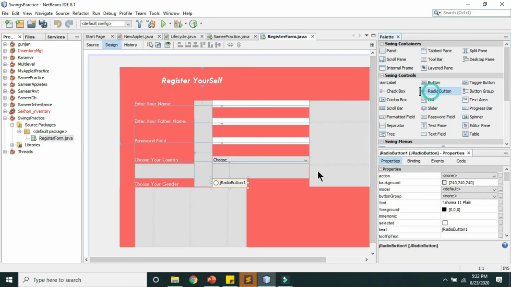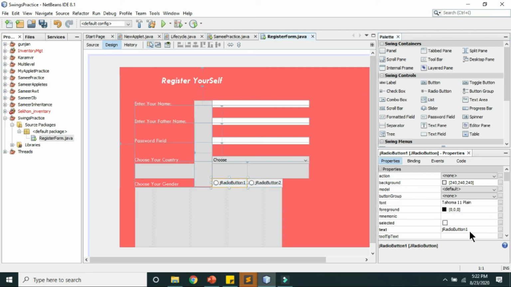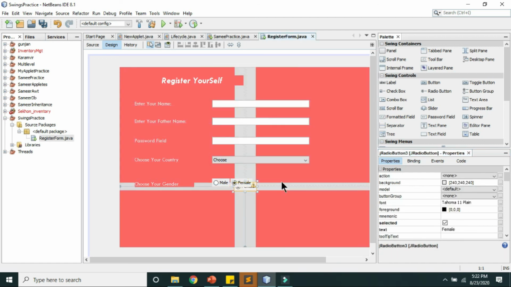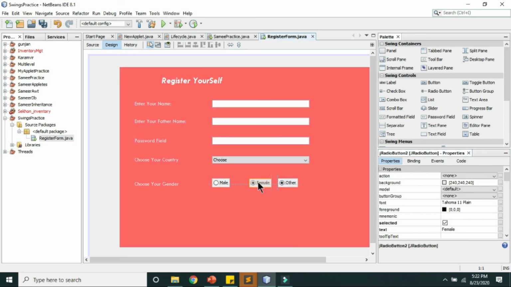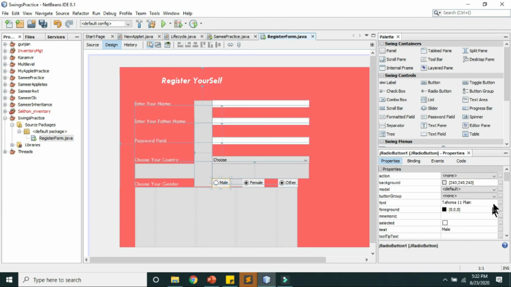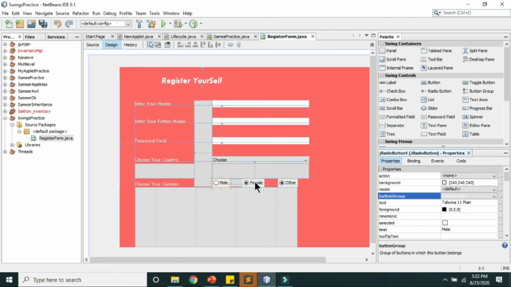Okay, and then just a second, let me change its name to male, female, copy paste it to option other. Make the design better by placing the controls. Now go to this and it will have a button group property. Okay, you will use button group 1 as you have dragged and dropped it. Make all button group 1.